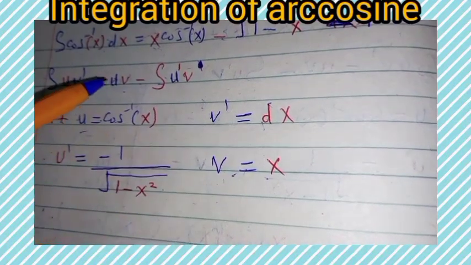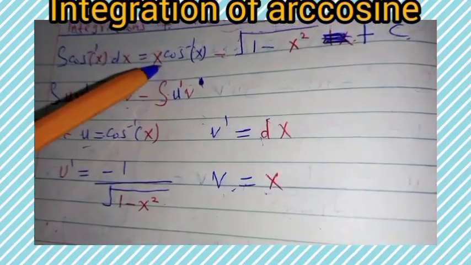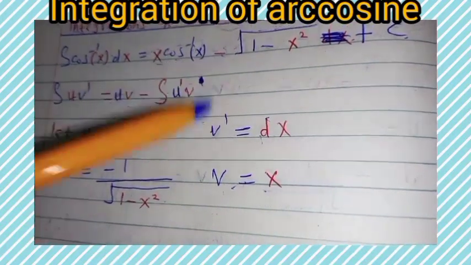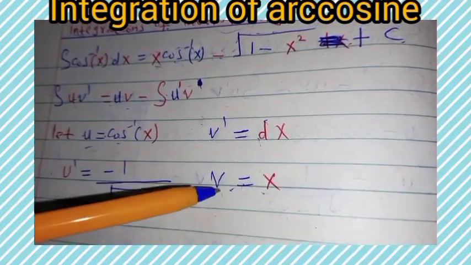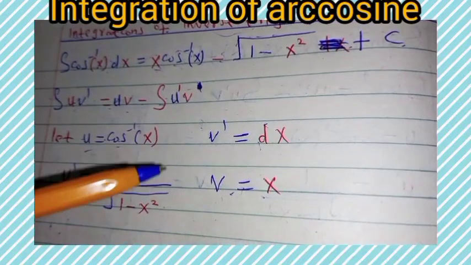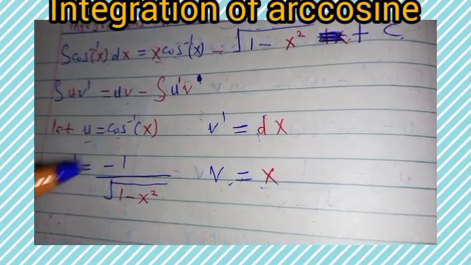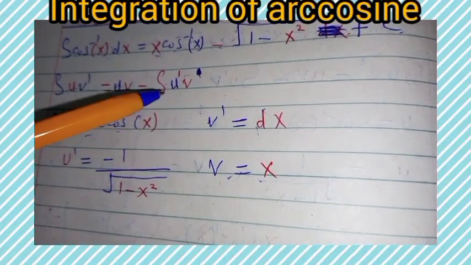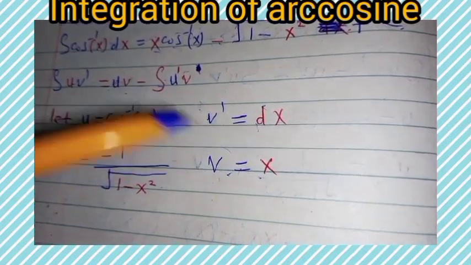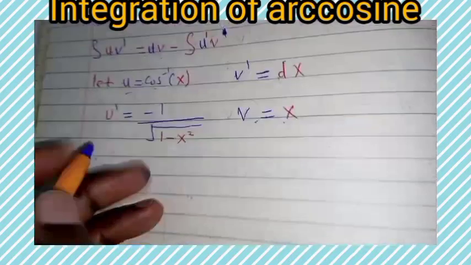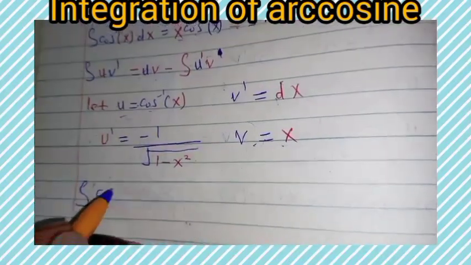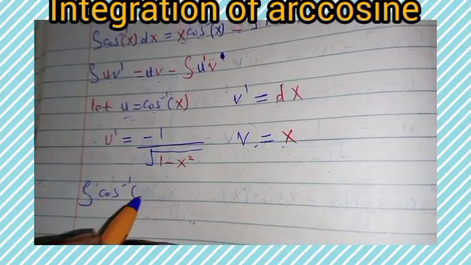Our v is x, and our u is cos inverse of x, minus the integral of u prime multiplied by v. So to begin with, we are going to write cos inverse of x